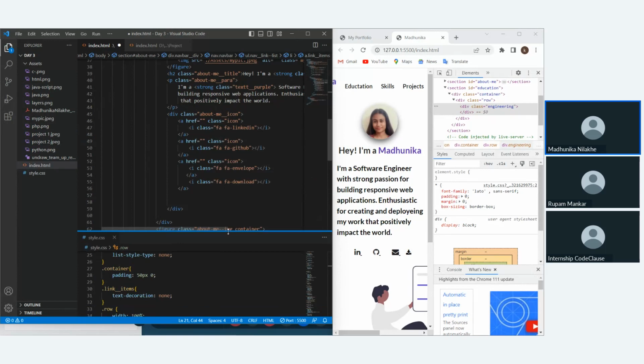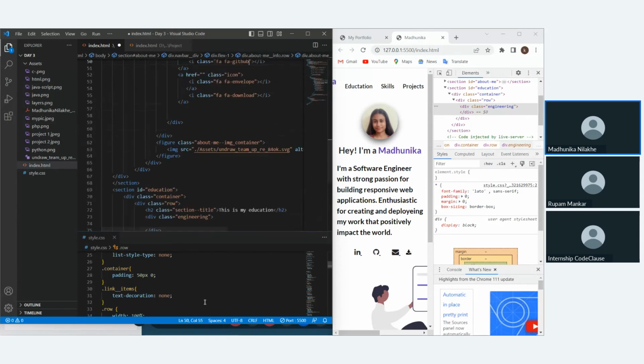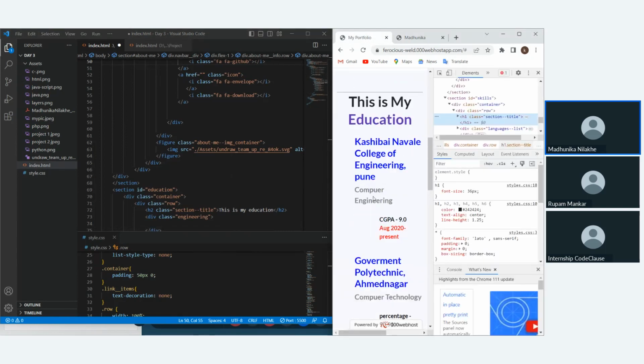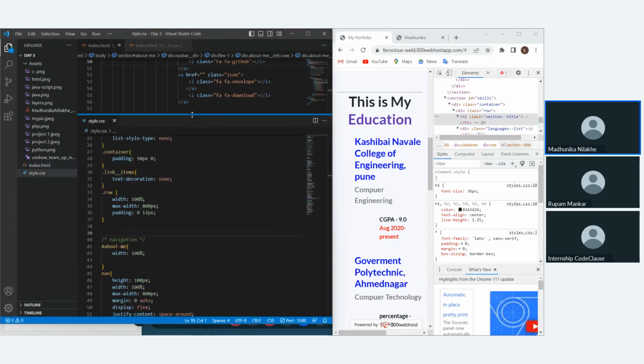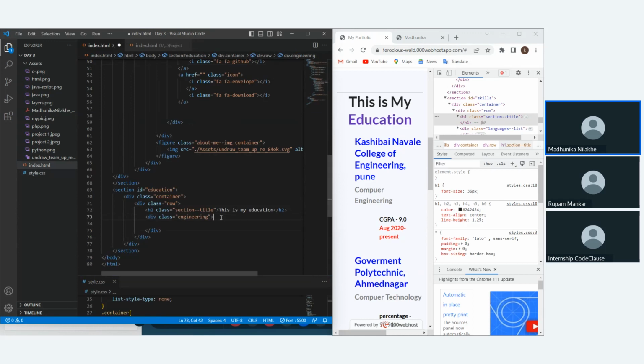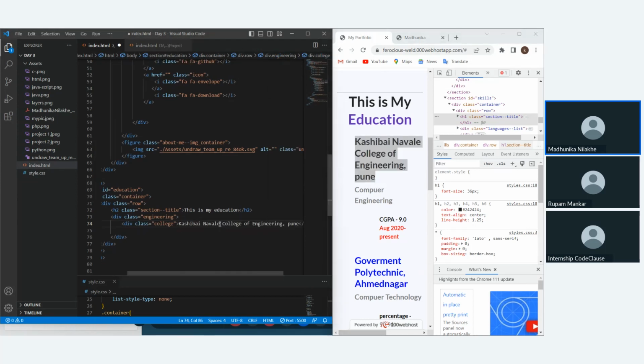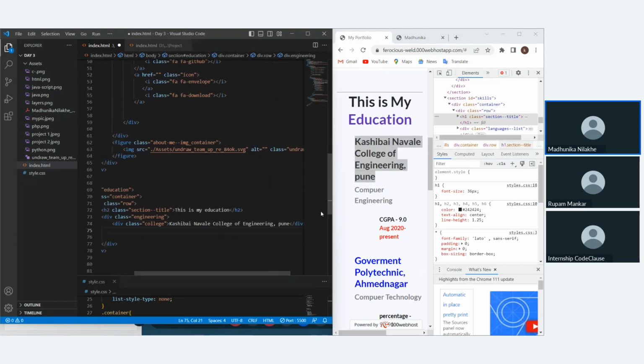What should we do, guys? Let's move ahead with this section, that is, the class name branch name, CGPA and all those things. So let's create in engineering a college. Inside that I have a college name. Let me copy this, paste it here, and after that I have a